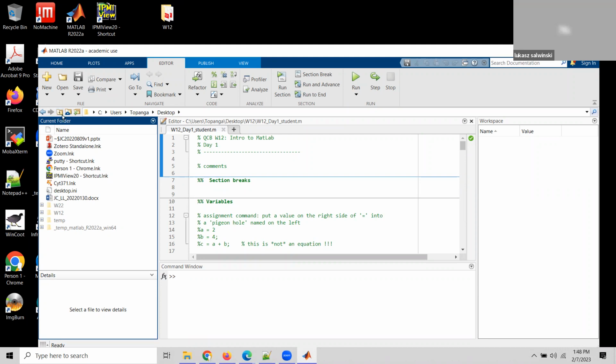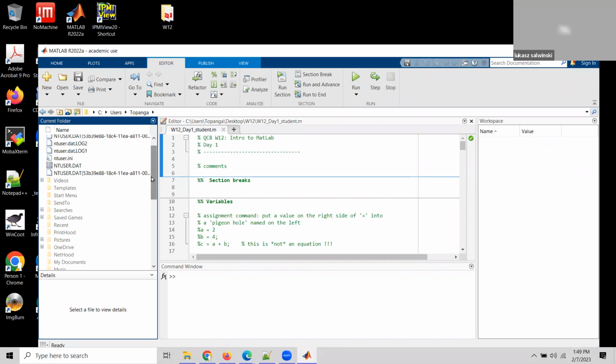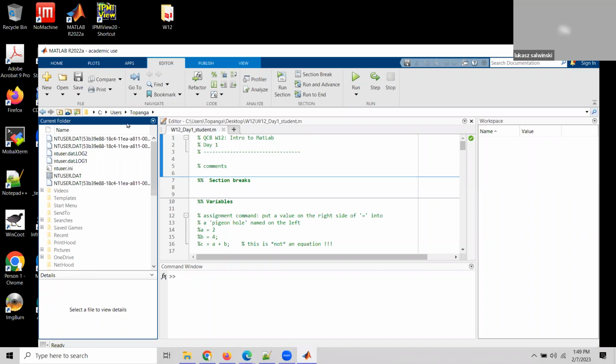And then if you're, let's go back. Let me change this thing. Where are we? I should have a desktop here. Okay. And then W2,